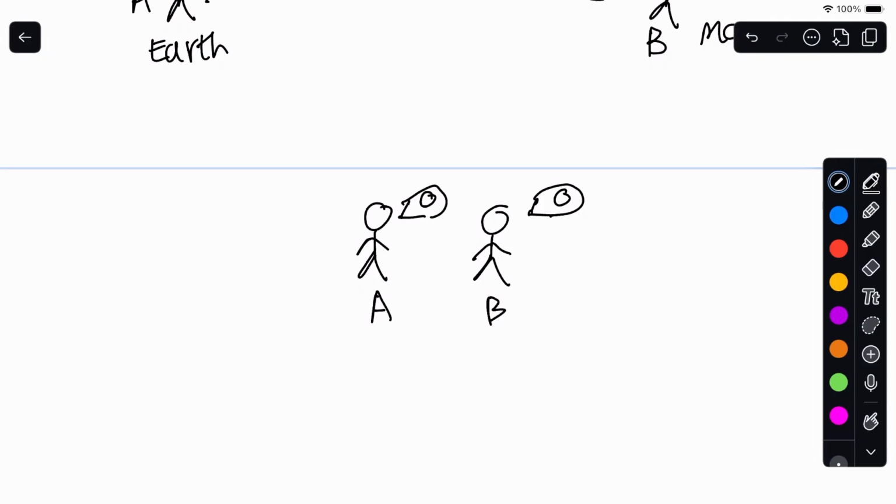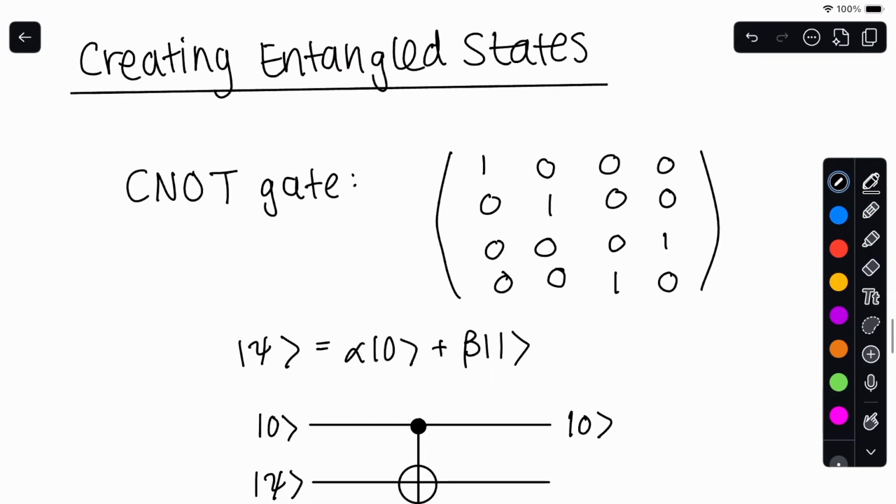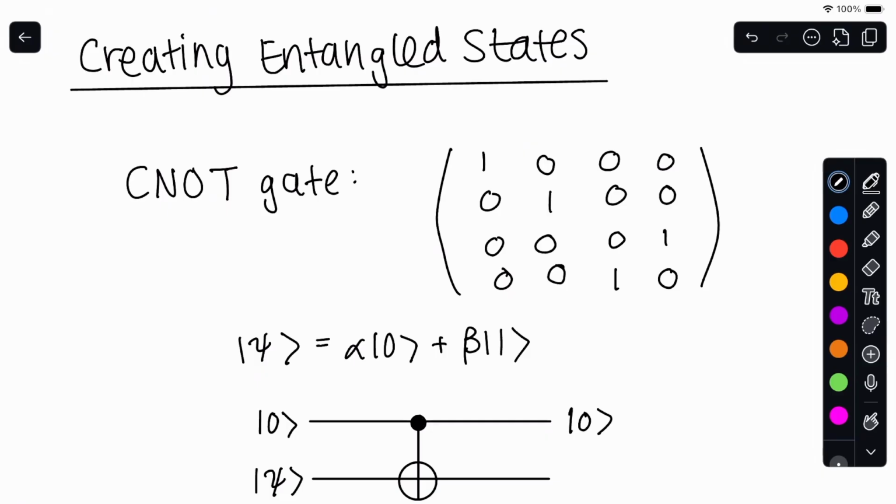Now I want to talk about creating entangled states. So in order to do this, we need a gate called the CNOT gate, or controlled NOT gate. And it looks like this. It has ones on the diagonal in the upper left, but then the X gate in the lower right. And the action of the CNOT gate is to flip the target qubit when the control qubit is in the